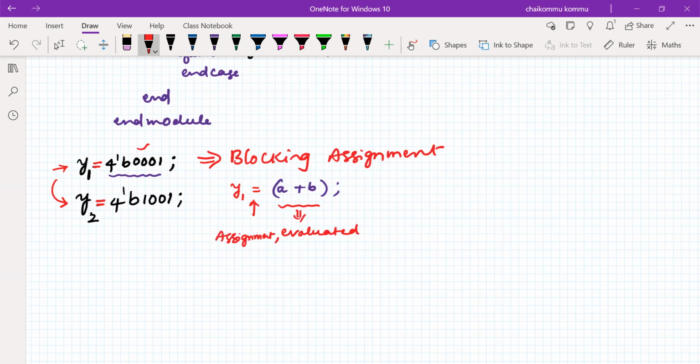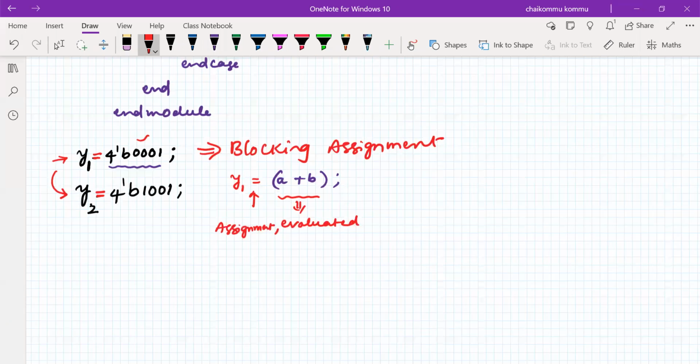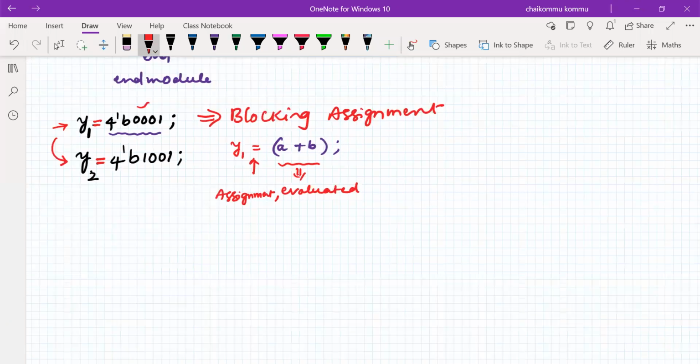For the blocking assignment, once y1 is completely evaluated and assigned, then only it will go to y2. Clear? So y1 must be evaluated and assigned completely.